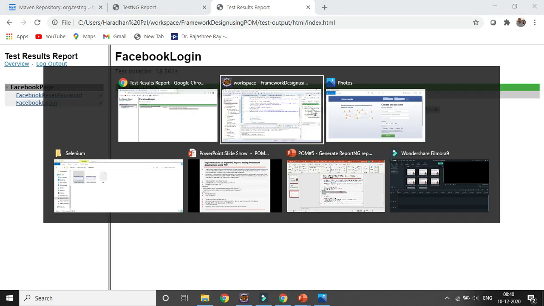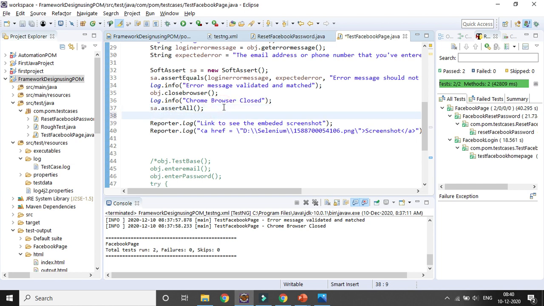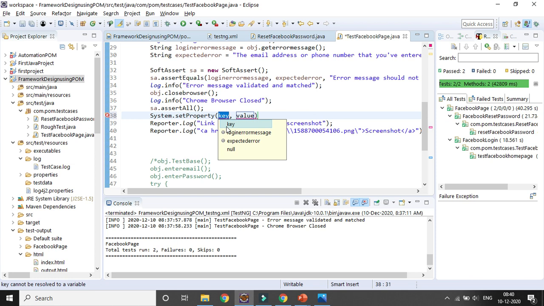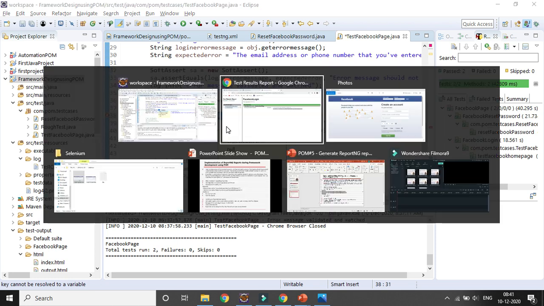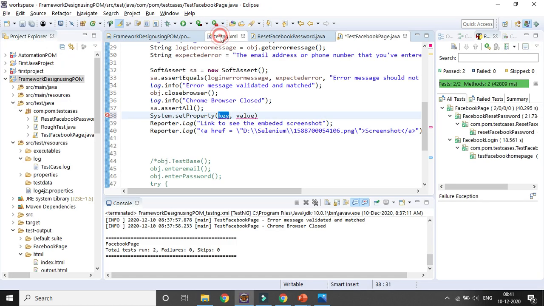So now let's add some lines of code before adding the screenshot here, because we will be setting the properties. With that line of code you need to run it: System.setProperty. Here you need to give the key, and the key will be your package name first.